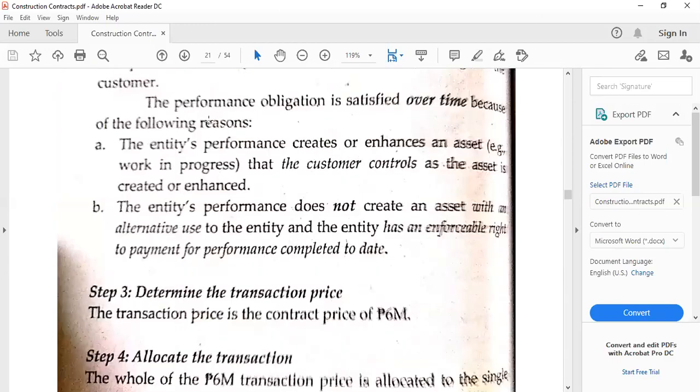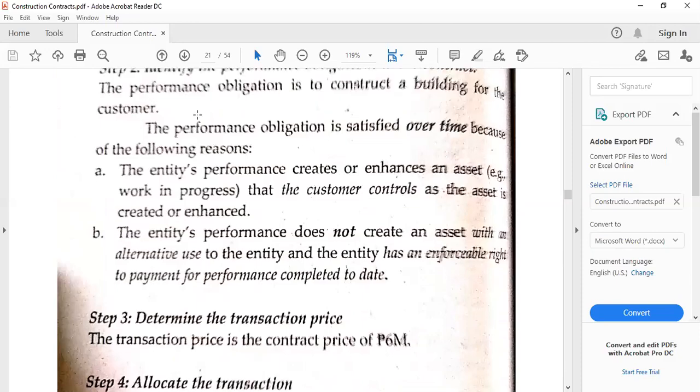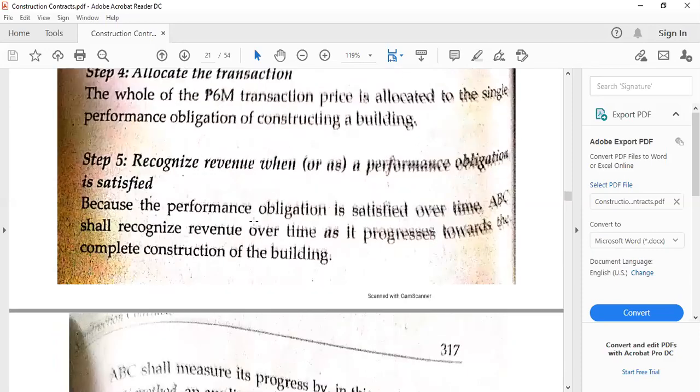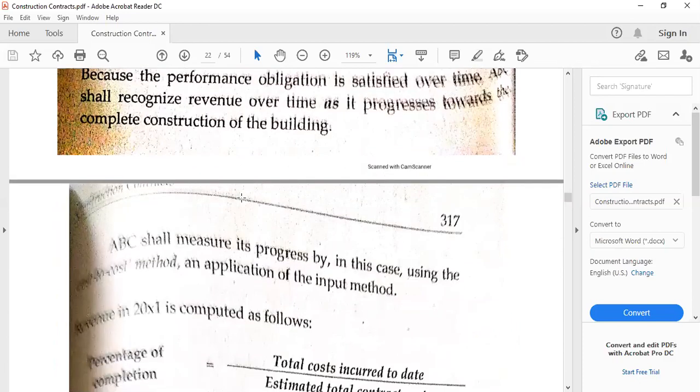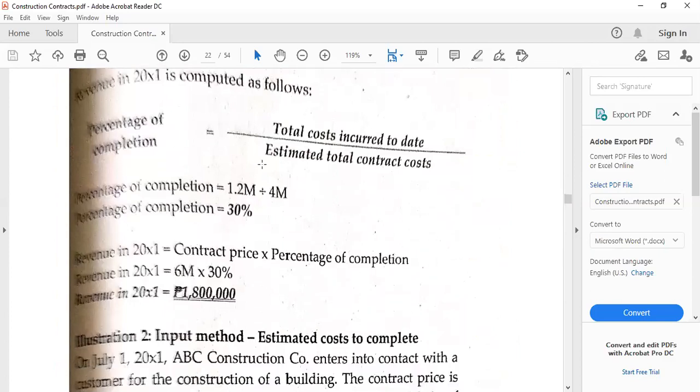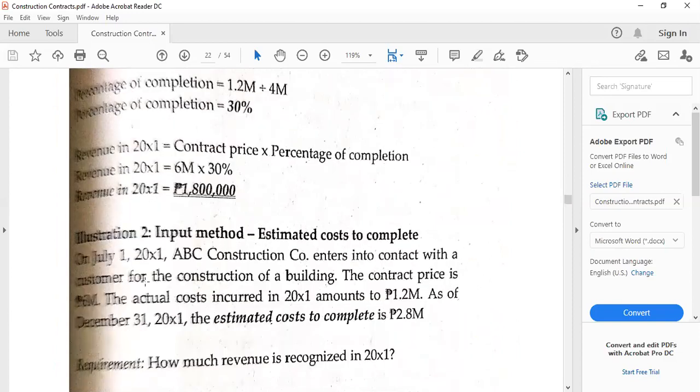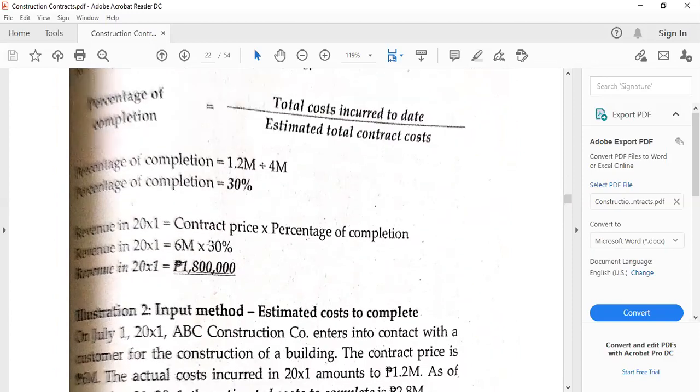Because we have satisfied these two requirements, therefore we have to use over time, and over time will utilize a measure of progress, which is the percentage of completion. Then in this case, it is the cost-to-cost method. As I said a while ago, no change at the end of 20x1. So simply use the 4 million and we get 30%. Therefore, the revenue is contract price times percentage of completion, and that is